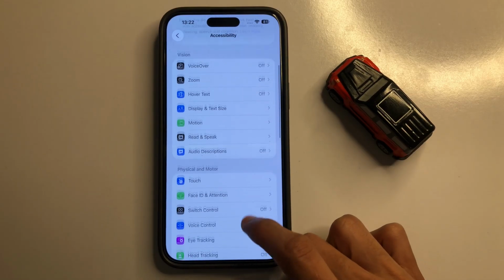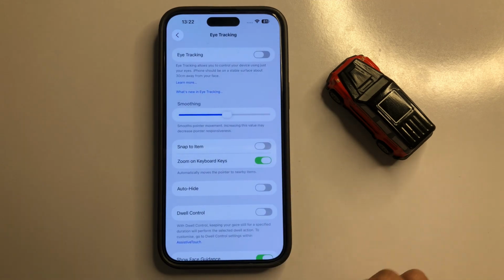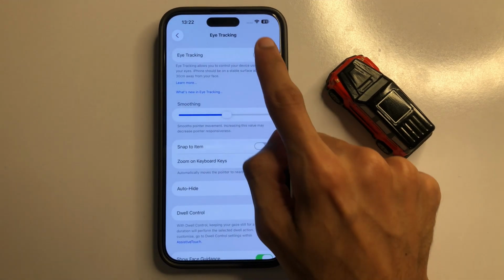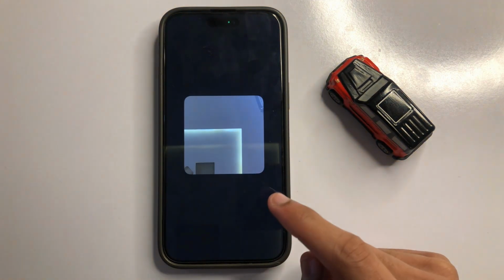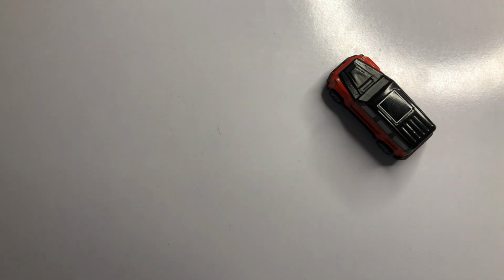Now here scroll down and search eye tracking. So click on eye tracking. Now here first of all turn on eye tracking button. So after you turn on the eye tracking button, show your Face ID, face and eyes,